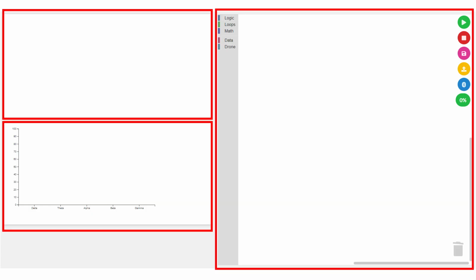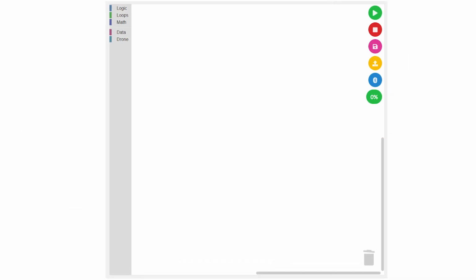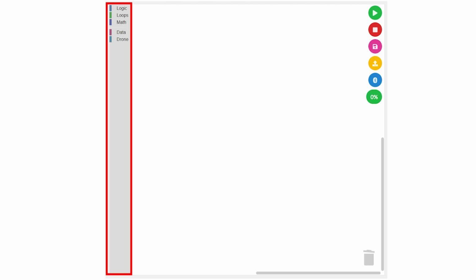Neuroblock features 3 core panels. Starting here on the right side, you will see what we call the workspace. The workspace is where you're going to provide all of your code. This pane over here is basically referred to as the toolbox, and it has multiple categories. We'll briefly go through each of the categories, but we'll provide details in a later video of how to actually